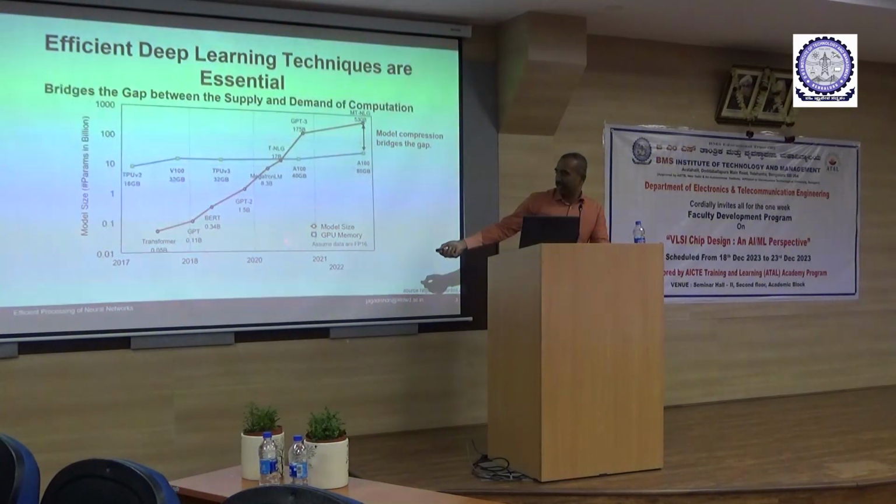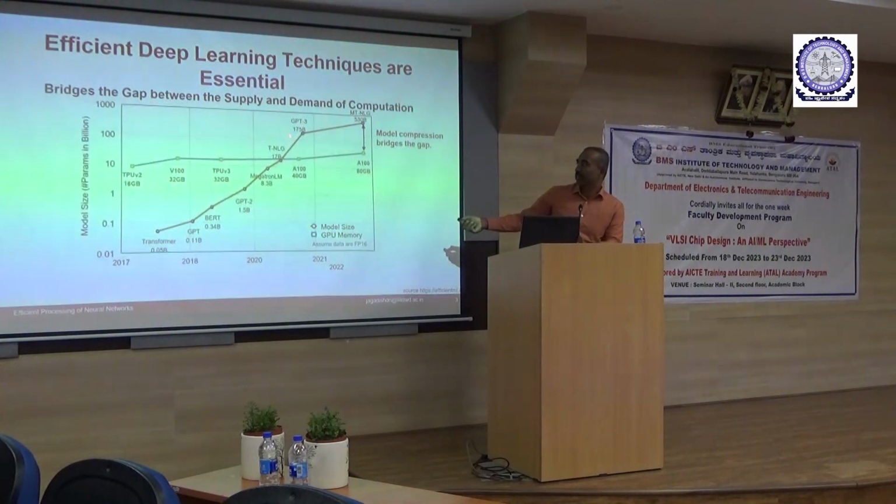But after 2020, you can see there is a challenge. Now we are talking about the number of parameters, say 175 billion, this is 530 billion. And do we have the GPU to support it? Of course not. You can say an A100 can have up to 80 GB.